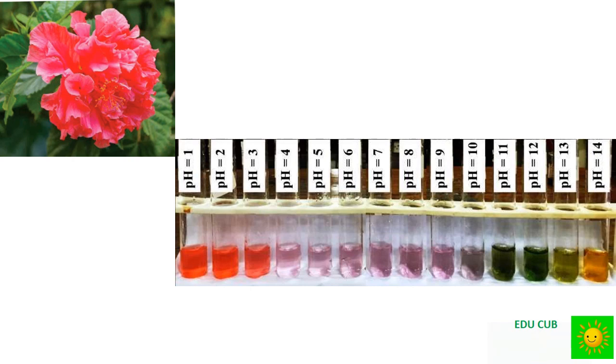Red, purple, pink, dark green into yellow. You will observe that acids give one color while bases give another color with shoe flower. I think you can differentiate the acid solutions and basic solutions using the given solutions: lime water is acid, vinegar is acid, soap water is base, lime water is base, ash mixed water is base, common salt solution is neutral, water is a neutral solution. Then you can differentiate the acidic, basic and neutral substances.